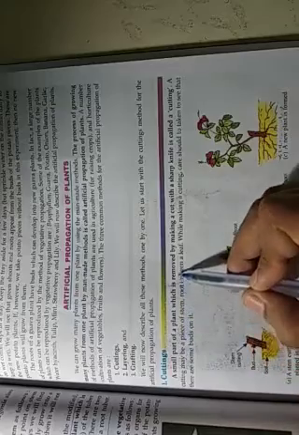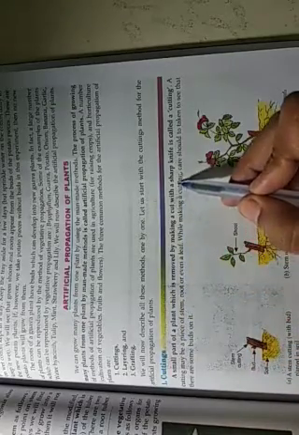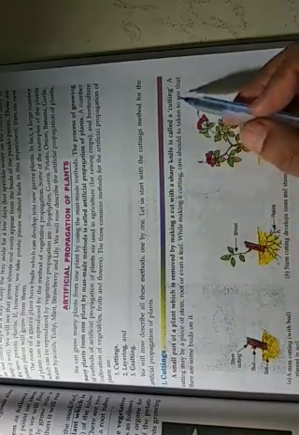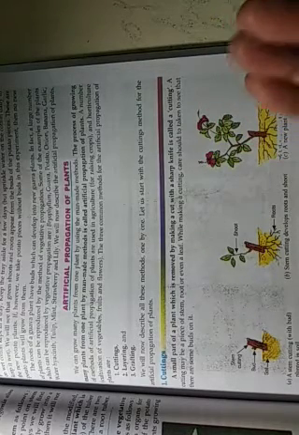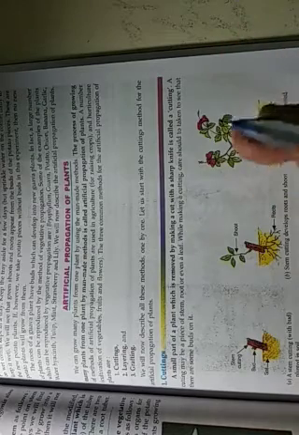First one is cutting. Its name shows that the plant is divided into two parts with the help of cutting. So a small part of the plant which is removed by making a cut with a sharp knife is called cutting. It is just divided into two or more parts, not giving the style or method of cutting, how you cut the plant.